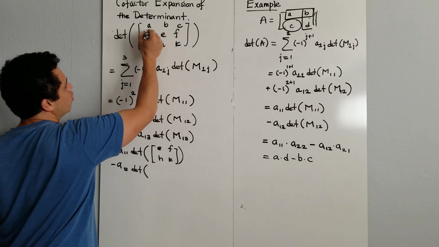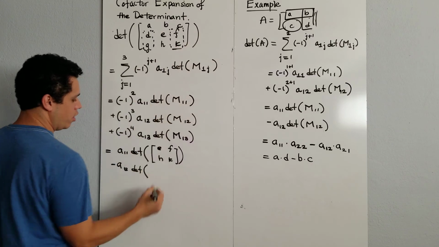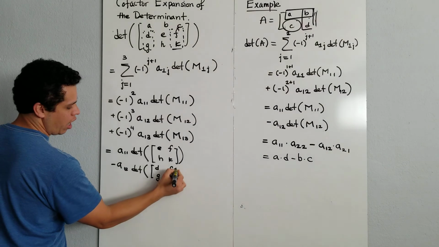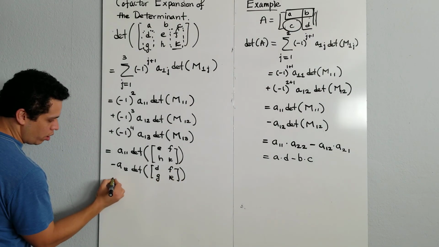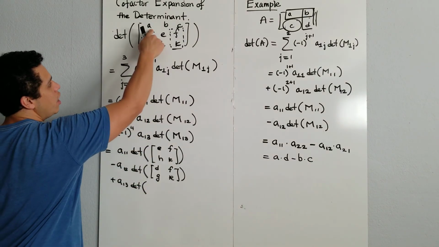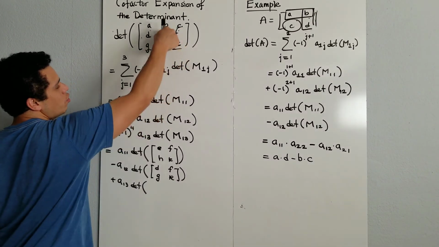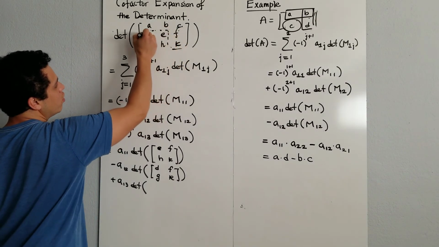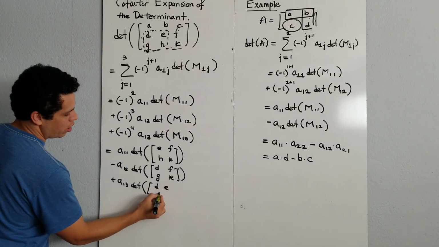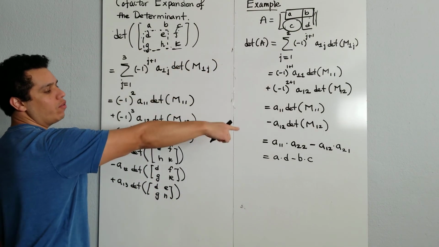So what we have to consider is only this. So that is D, F, G, K. And finally, plus a13, determinant of the matrix that is obtained by deleting the first row and the third column. So the matrix that we consider is the one that is obtained from here, which is D, E, G, H. Now, in this case, we're fortunate because we already have the definition of the determinant